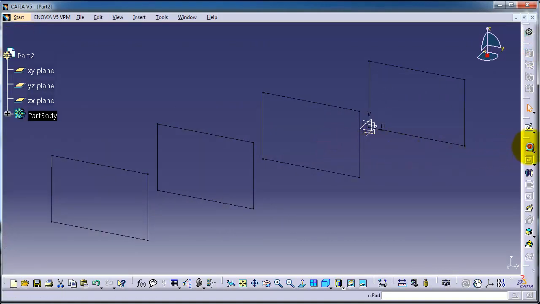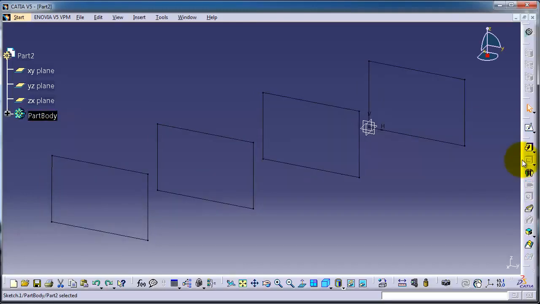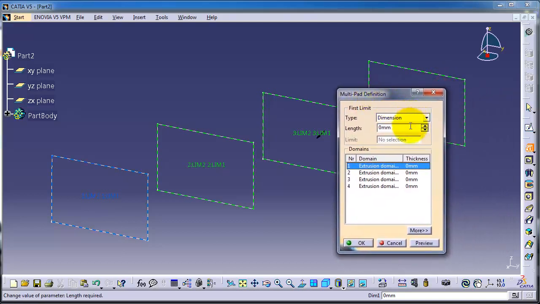Now if you click on pad only, you're going to extrude all these rectangles with the same dimensions and thicknesses. But now we want to make different heights for different rectangles, so we can use multi-pad. So now, as you notice here, CATIA marked the 4 profiles. For example, let's click on the first profile and make an extrusion for 10 millimeter,